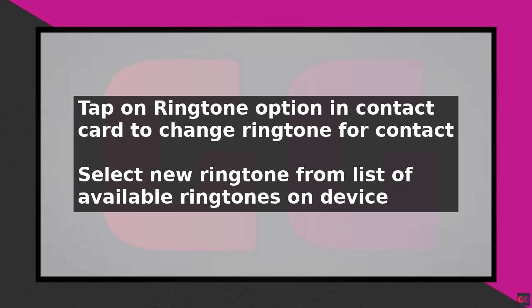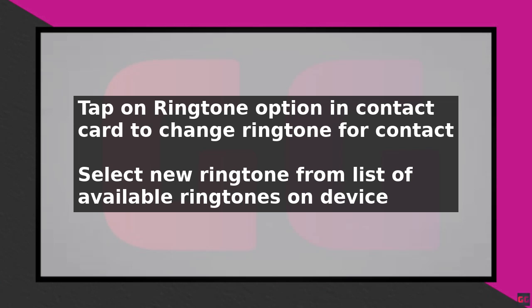You will be taken to a new screen where you can select a ringtone for this contact. At the top of this screen, you will see an option that says Use default ringtone. Below this, you will see a list of all the available ringtones on your device. To make this contact ring on silent, you need to enable the Do Not Disturb exception.